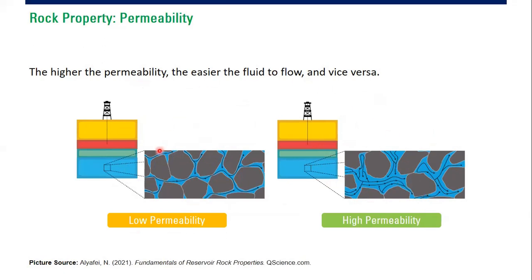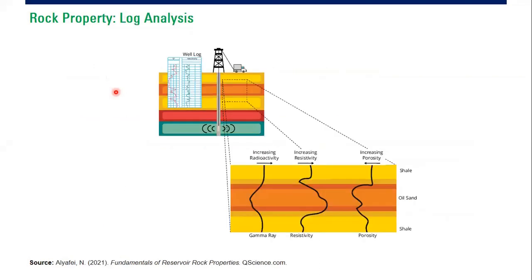to the left one. Okay, so the reservoir has two most important parameters. The first one is permeability, to enable liquid or fluid or gas to flow. And the second one is porosity. When we are talking about porosity, it's about storage, how much oil we have, how much gas we have. But if we are talking about performance, if we are going to talk about flow, production, then permeability is the most important rock property, right?